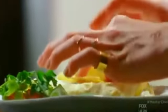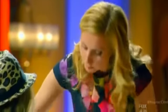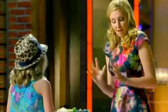Let's give it a taste. So, corn tortillas, they've been fried in the pan there. Thai red snapper. I love tacos, so hopefully it's good. So, the fish is definitely